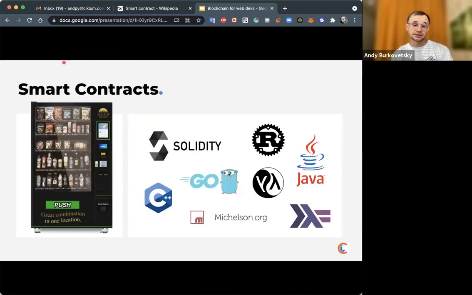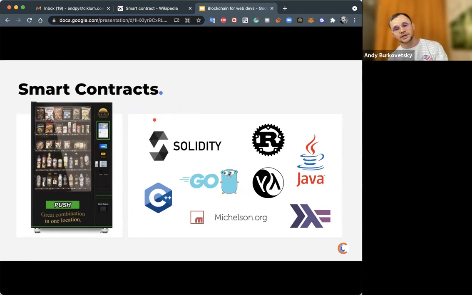So on the backend, we use so-called smart contracts, which are actually just a program. You can see them as just a program which runs in the blockchain. They call them smart contracts just historically. They're not smart in any case, actually. They don't do anything on their own. You need to program everything, just as with a usual backend API, for example.